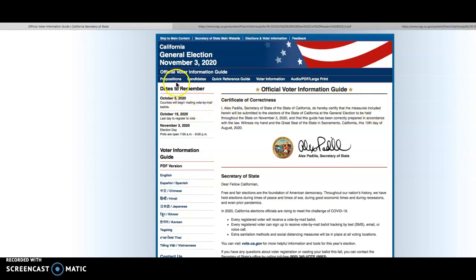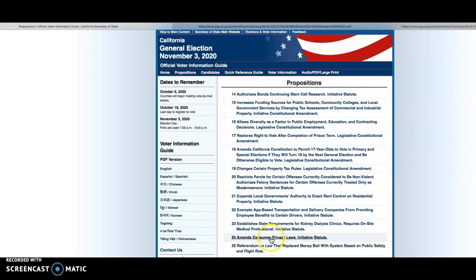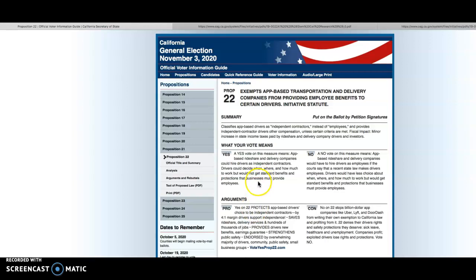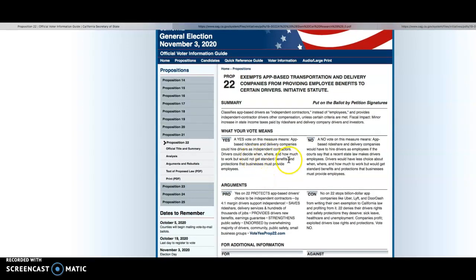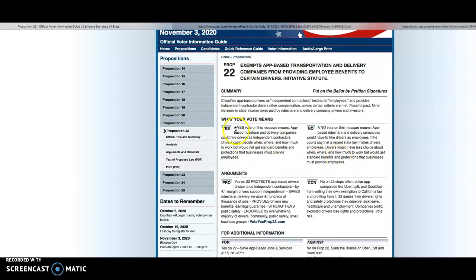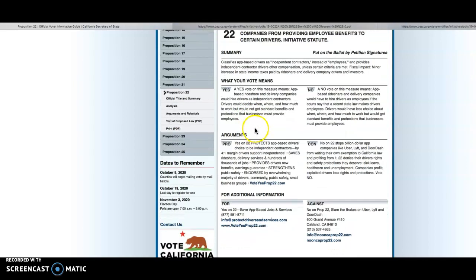So on this page, you'll see a link for propositions, and all the propositions are given to us, and we can click on the one that maybe we want to look at in depth. One of the more popular ones this coming cycle for a lot of people is Prop 22, as its impact on app-based transportation and delivery companies, so things like Uber and Lyft and people who drive for them. How is it going to impact them if you vote yes or if you vote no for the measures? And it breaks it down for you here in an easy to understand way that summarizes it.